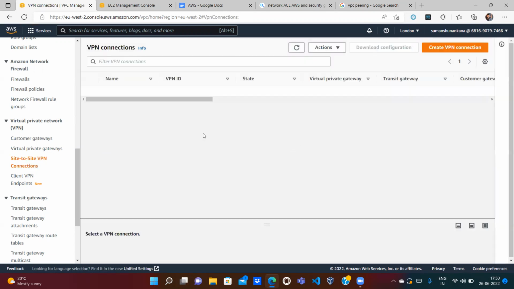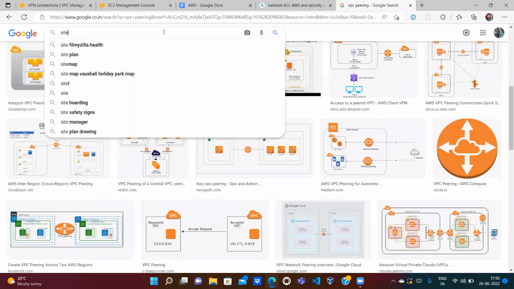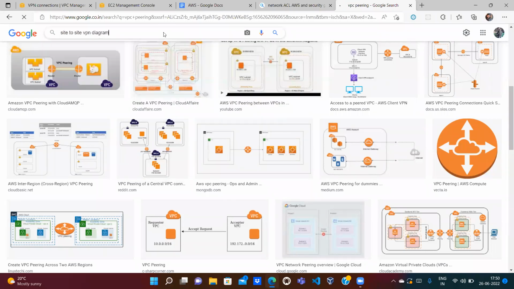So in that case, if you want to set up the connection from your own on-premise data center to whatever resources you created in the cloud, for that you have to create the VPN connection using a site-to-site VPN connection. All right. So if I go to site-to-site VPN,